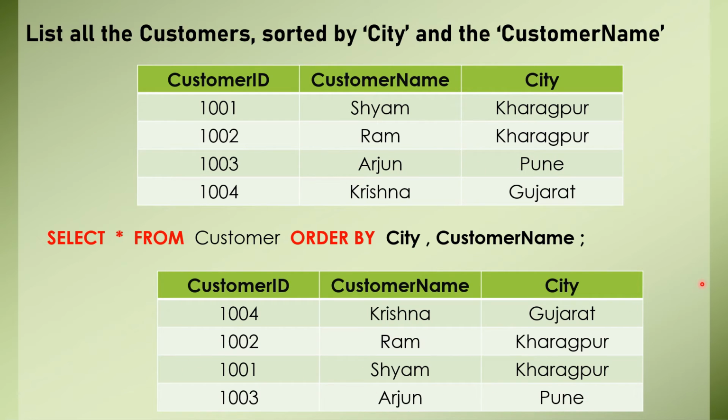So I hope you got this thing. I am repeating again: whenever some value of the first column is exactly similar, then you need to go for checking the next column. And if it is also similar, if there is some other column, we will go to that. I hope you got this thing. This was a very important example, guys, so just make sure you note it down. Now I am giving you one other flavor of question so that you can clearly understand it. So let's move on to that.